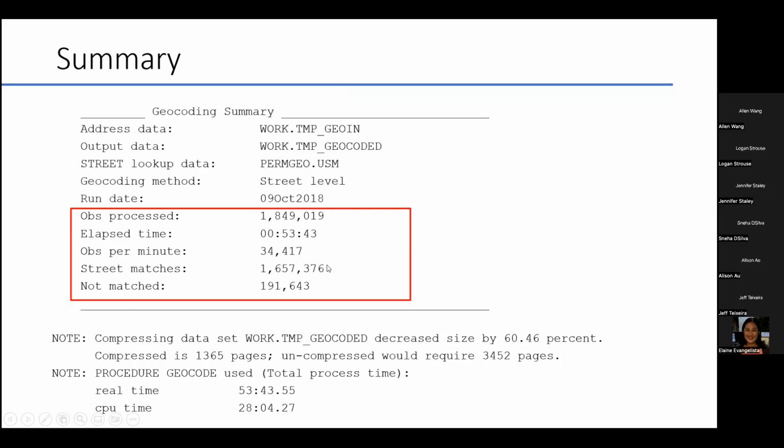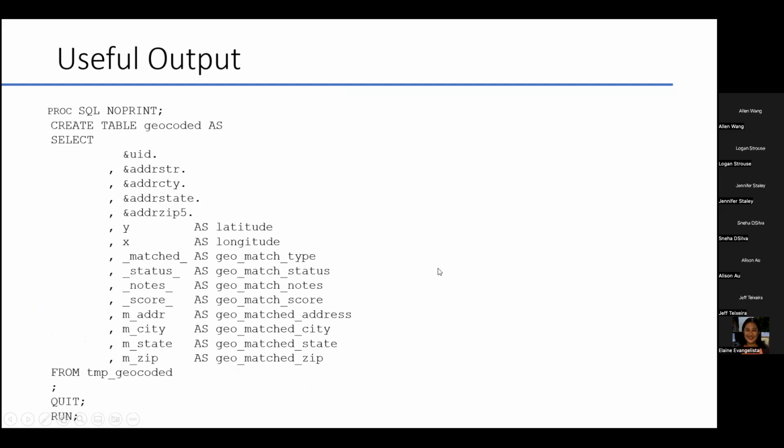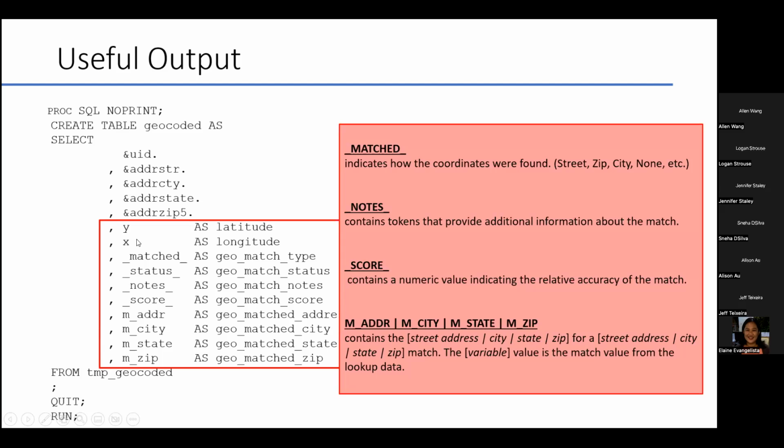In terms of performance, in this example, I ran 1.8 million records through, and it took a little less than an hour. I got street level hits on 1.6 million, and it was unable to find a match on 191,000 out of the 1.8 million. In terms of the data that's returned, some key fields that you'd probably want to keep, obviously the latitude and longitude,